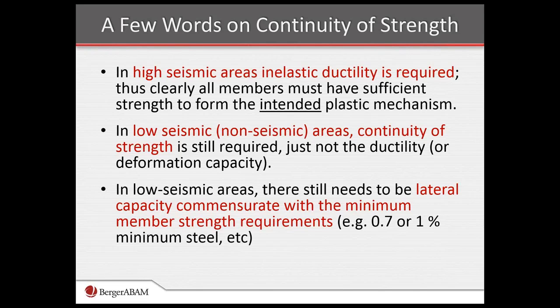In lower seismic areas, this would be design category A, for example, continuity of the strength is still required, as we're still trying to mobilize essentially the full strength of the member, but not the ductility. We don't need that inelastic deformation capacity. And in low seismic areas, we're still meeting, let's say, minimum lateral or minimum member strength requirements, and then that